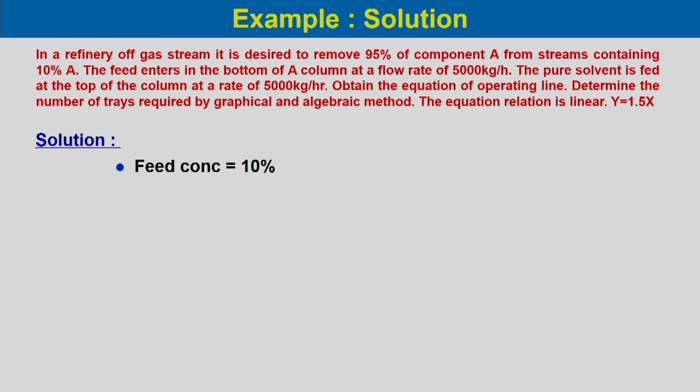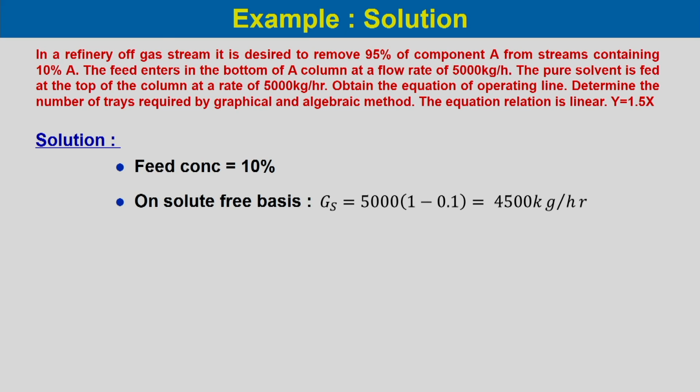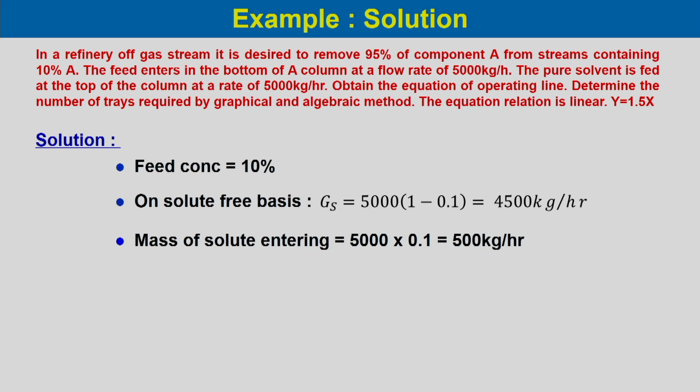The feed concentration is given as 10% of component A. Now, on a solute-free basis, Gs would be equal to 5000 into 1 minus 0.1, so it is 4500 kg per hour. That is the Gs. Mass of solute entering is 5000 into 0.1, which is 500 kg per hour, and